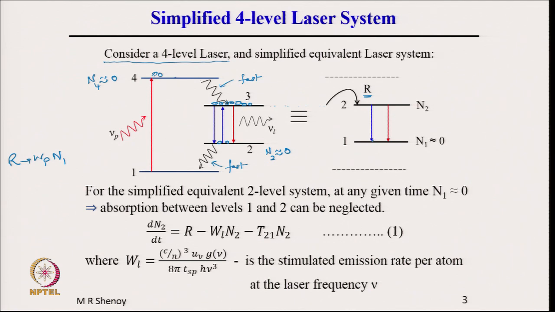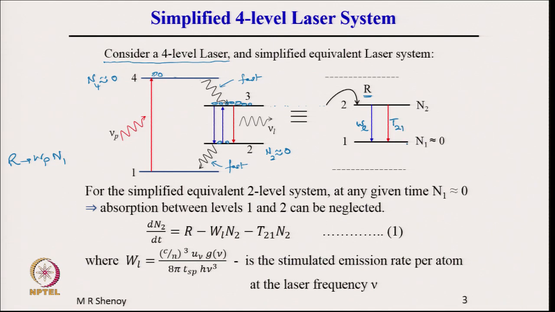And similarly, whatever is the number of atoms which comes here to the original N2, the level 2, they go down to the ground state very rapidly. In other words, in the level 2, there are hardly any atoms any time left, and therefore, we write an equivalent, because whatever laser action is taking place, it has 3 participating transitions. This one, which is pumping, and from there it goes down by stimulated emission radiation, that is WL is the rate constant for stimulated emission, and T21.